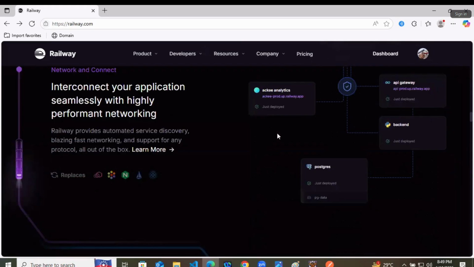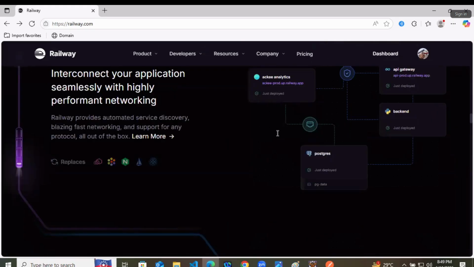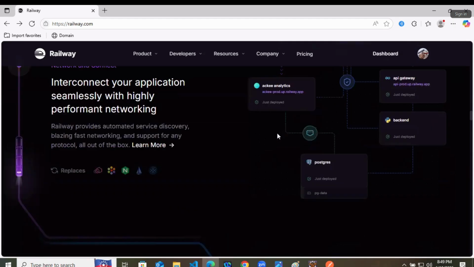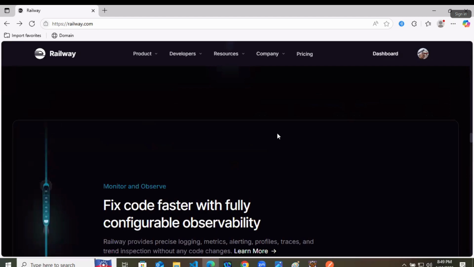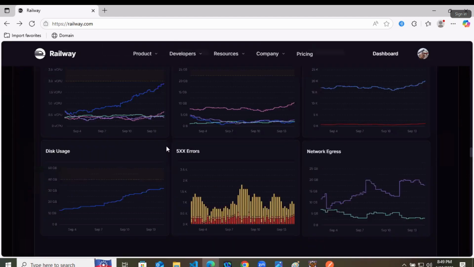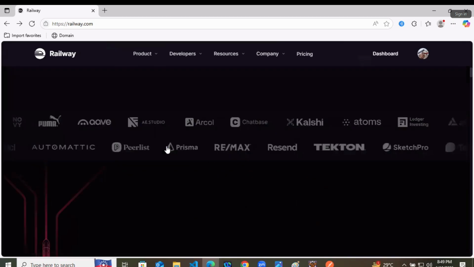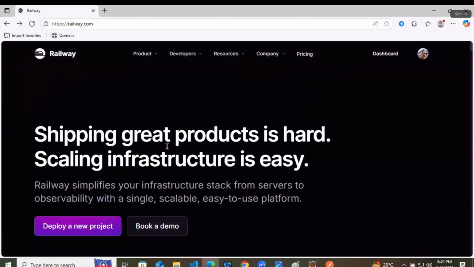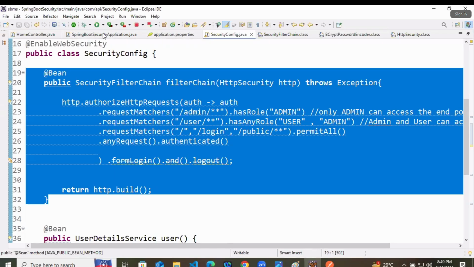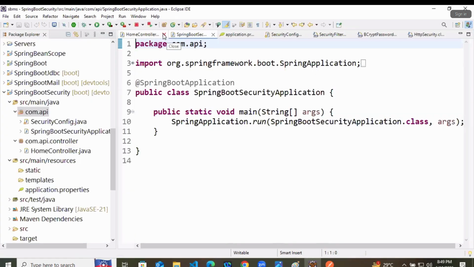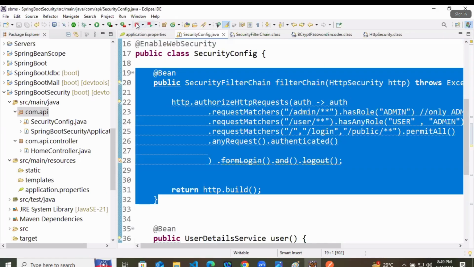Now you can read the things here. At first, we should deploy our front end project, because in our Spring Boot, I'll close all of these things first and I will open the LogTalk project.